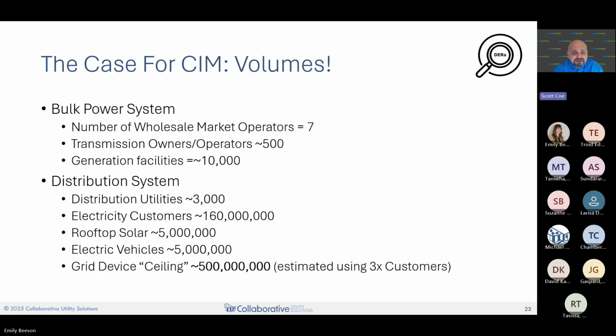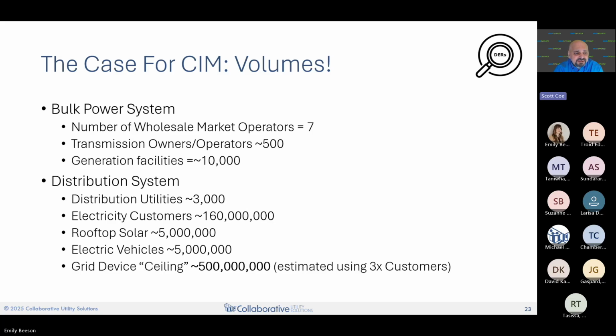So we could have done this with the bulk power system 20 years ago, but we didn't. I will say that Europe has done this. Every hour, the European transmission operators publish a CIM for the last hour that includes all of their outages as well as load flows. And they publish that to their reliability coordinators, who stitch them together and create a wide area view of the transmission system. We could do that here in the US. We haven't done it.